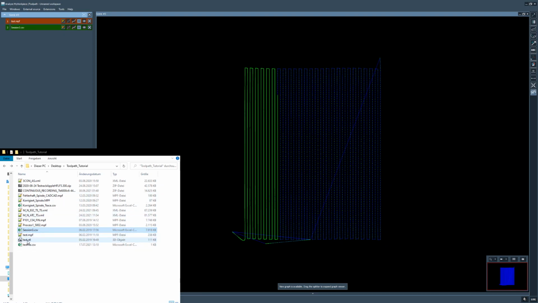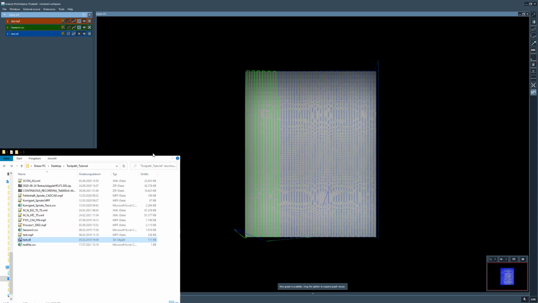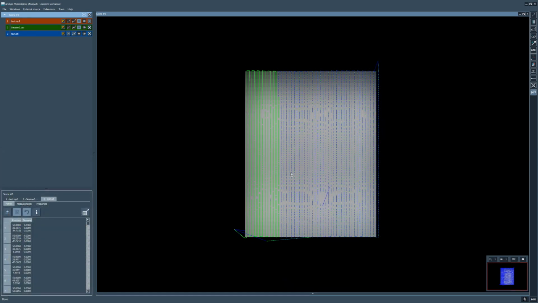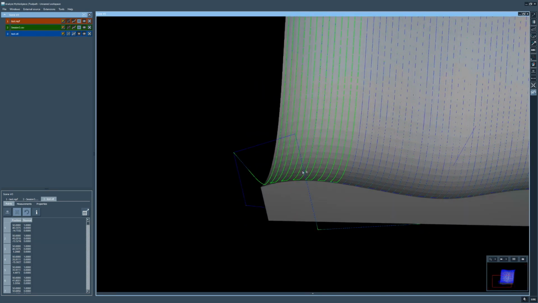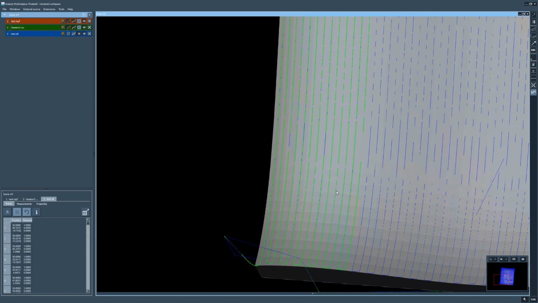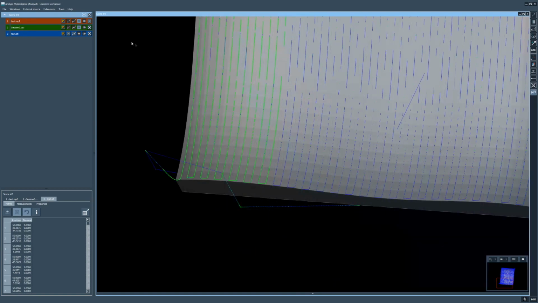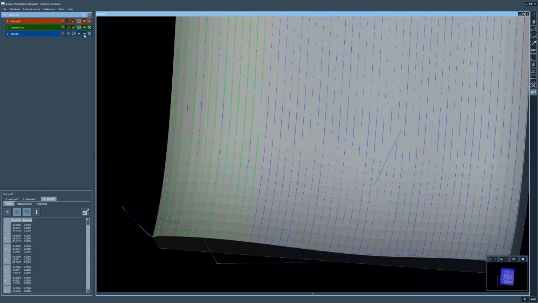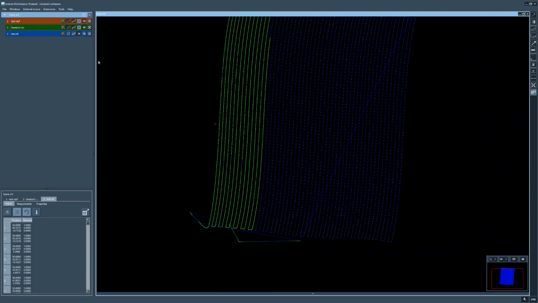And just for the sake of the beauty, let's also import the STL file. So from the preceding webinar, you probably remember this geometry, and let's just use this to execute some measurements. Okay, for a minute I will make the STL file invisible. So here we are,